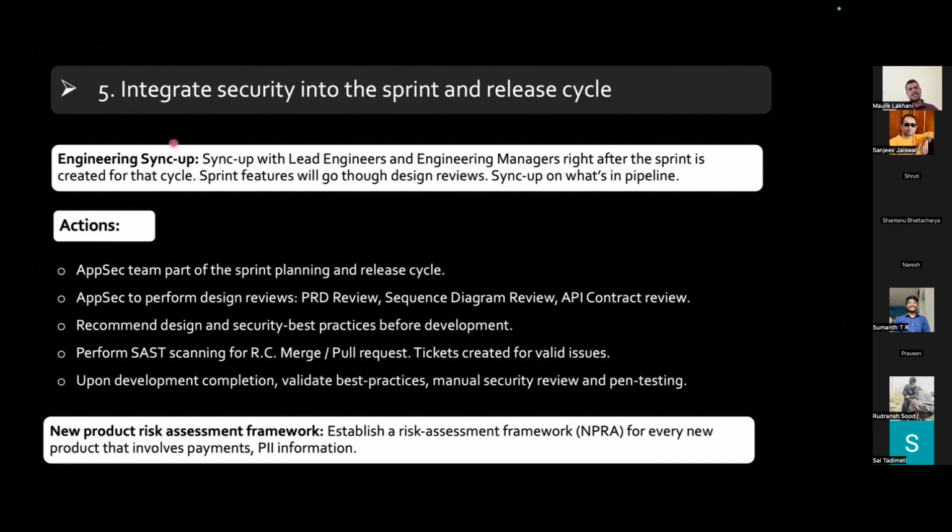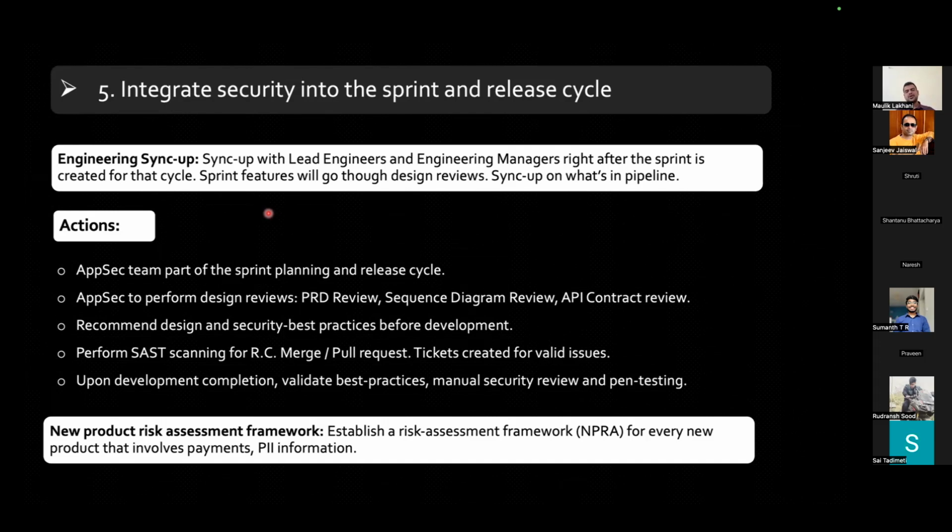So you start understanding how your sprint and release cycle work in more depth, then you start finding out which lead engineers or engineering managers you should connect with after the sprint is created. So if they have a monthly sprint, then it is likely that within the first week they will plan the sprint. They will have the tickets created, Jira board stories, and all of that created. You connect with them. You take a half hour dump or 15 minutes quick dump from them, and then you ask them to connect you with the right point of contact for product and for development who is handling this particular feature.